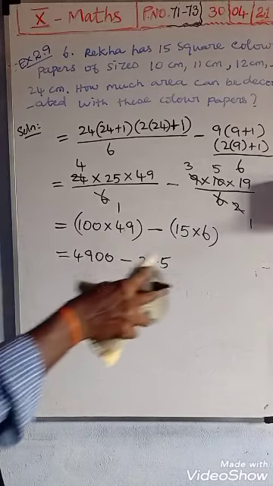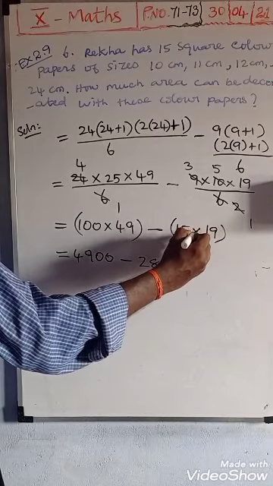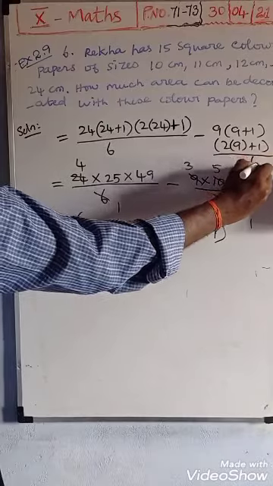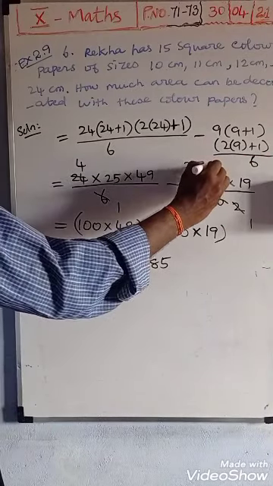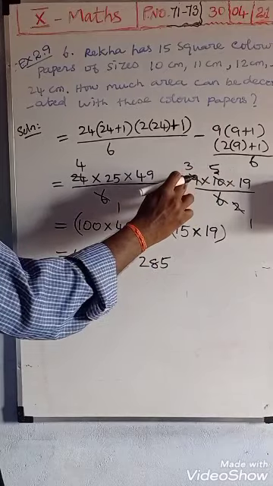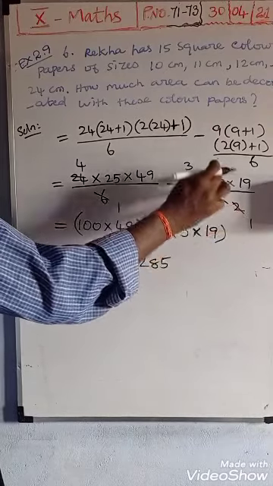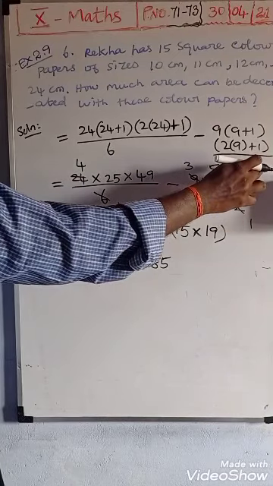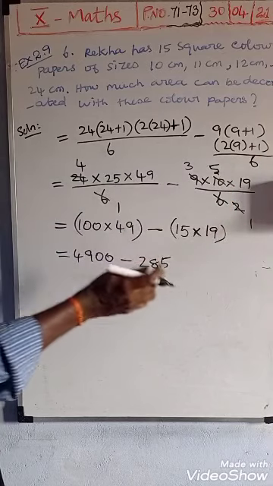So see here, actually sorry, 15 into 19 is 285. This is before 6 whole divided by 6. Okay, carefully we want to do. So see here, 3 3s are 9. Okay, 3 2s are 6. Next, 2 1s are 2, 2 5s are 10. So 3 into 5 into 19. I thought I wrote before 6, so it's wrong. Only 19. So 3 5s are 15 into 19, 285.